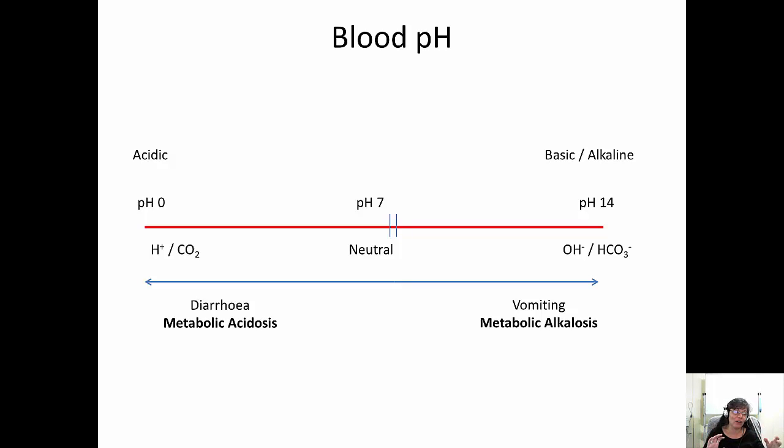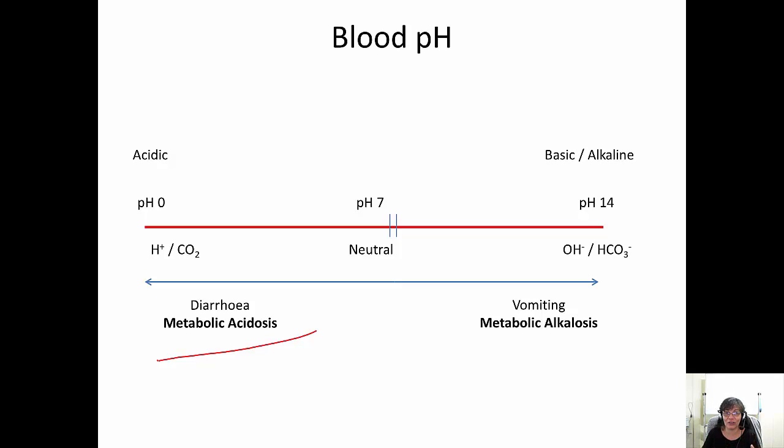A couple of causes of metabolic acidosis and alkalosis: metabolic acidosis is caused by diarrhea. Things that we eat go through our stomach and pass through our small intestines, and our pancreas creates bicarbonate, and that gets absorbed into the small intestines, and our small intestines reabsorb that bicarbonate into our blood. So when things are passing too quickly, that bicarbonate can't reabsorb back into our blood, and we suffer from